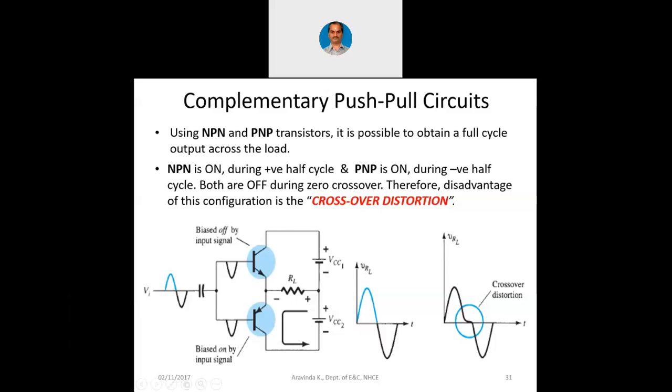Unlike the previous circuit where I showed you two resistors R1 and R2, used to bias both those transistors, where we had both NPN, here we have NPN and PNP, because of which we need not bother about biasing them. The input signal will drive both of them. Now you may think, if the input signal is given to the transistors and they conduct, how can we have an amplification? The amplification is happening because of the value of VCC. You can choose the value of VCC as 30 volts, 40 volts, 50 volts, 60 volts, even 100 volts. Based on the value of this supply voltage, we can have a much